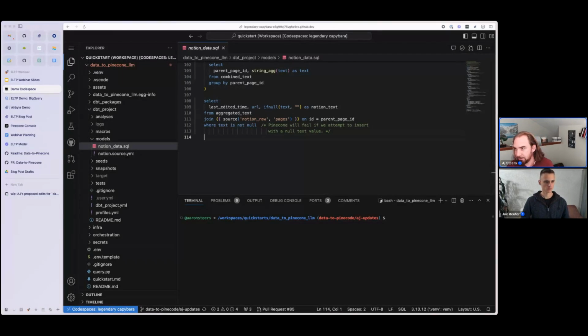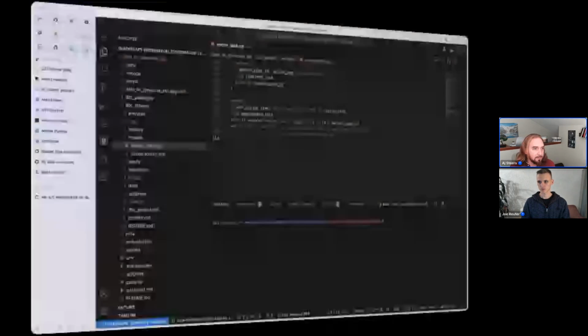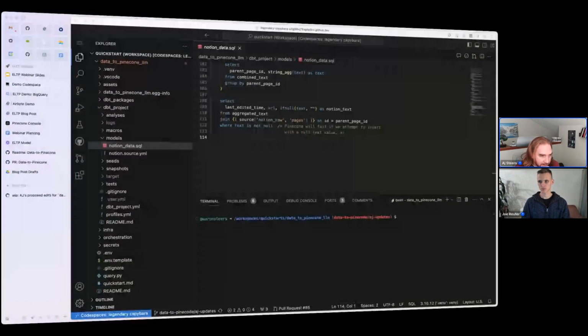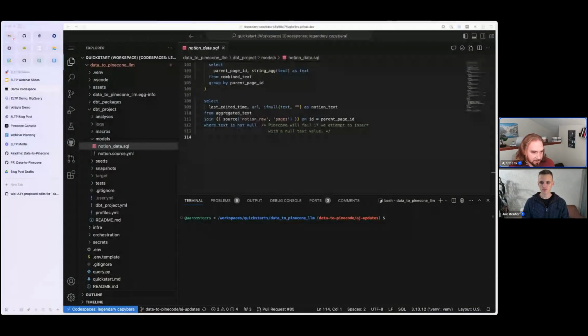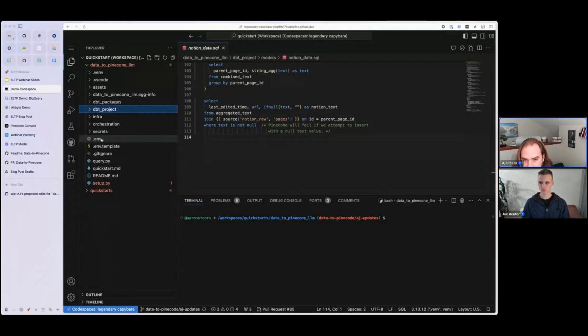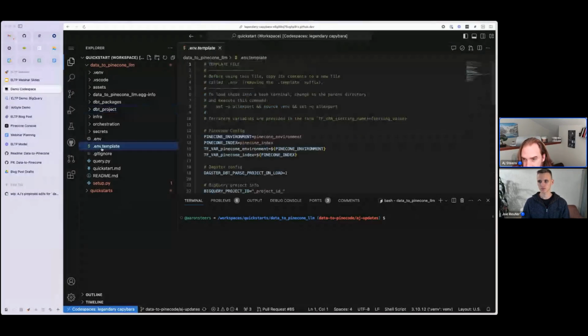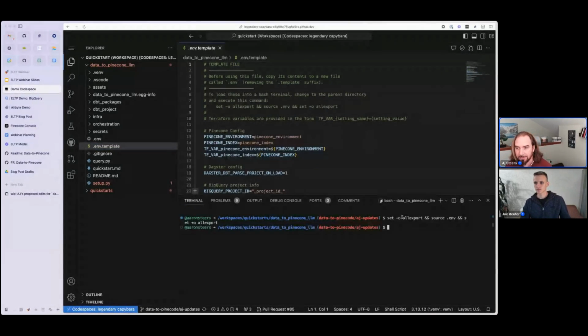So here I have, at the end, a filter out of any null values, and I'm going to run a DBT transform real quick. If I can find my quick cheat sheet here, one second. I don't want to be typing in everything by hand. Okay, so first I have a .env file here with some environment variables. There's a .env template, which shows you what environment variables you'll need. I'm going to source the environment variables with this little snippet,